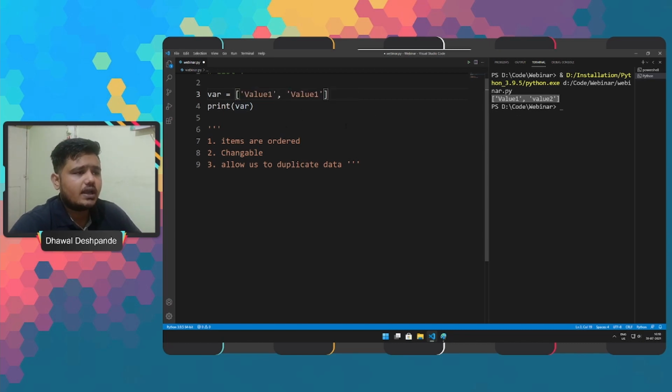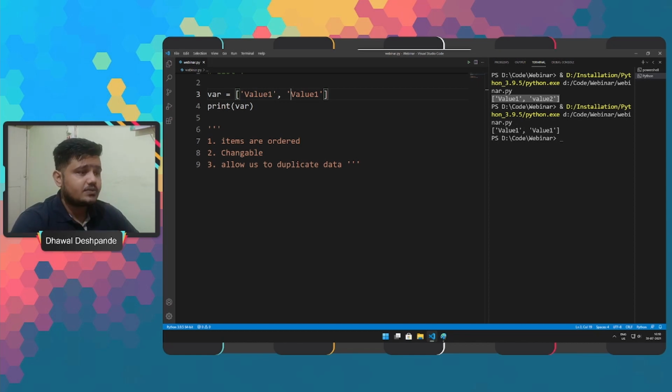When we go ahead and print this list, we will get two separate items in the list with the same value, right? So now let's see how we can check the length of a list, or how many items are present in a list.